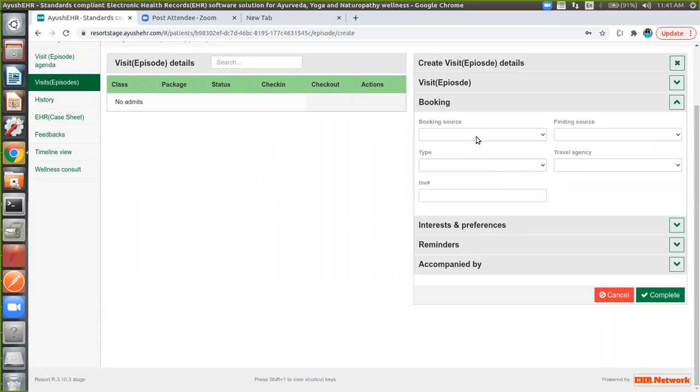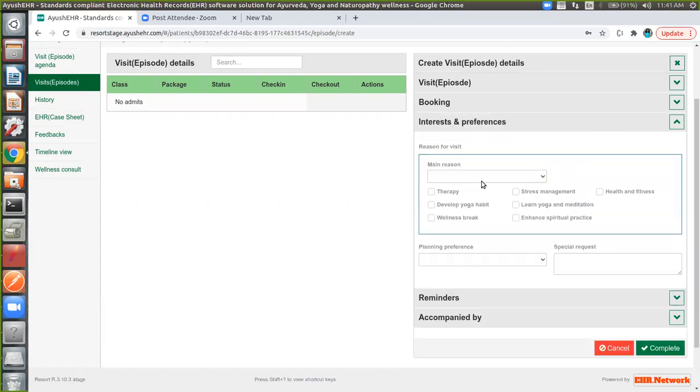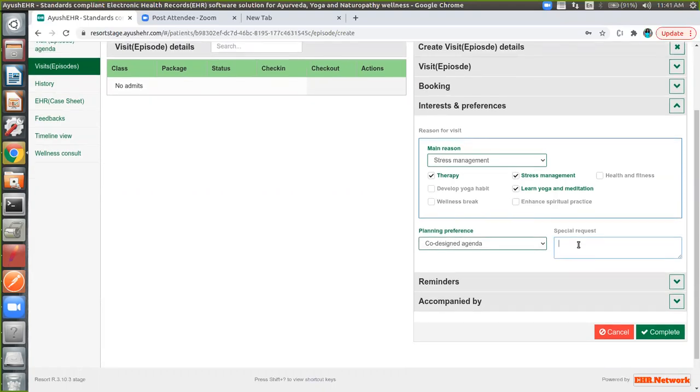And there is the booking source, maybe where they found this organization. You can also give the interest preferences, why they have come to this resort. The special request indicates if they want any special things, like an extra bed, or if they want to change their lifestyle in meals, they can add it here.